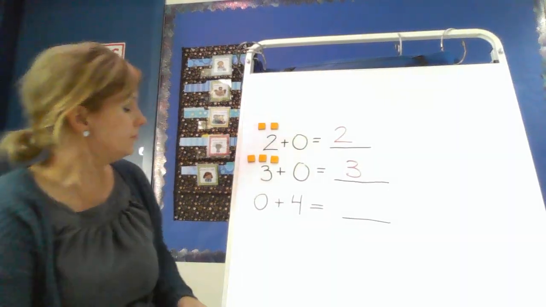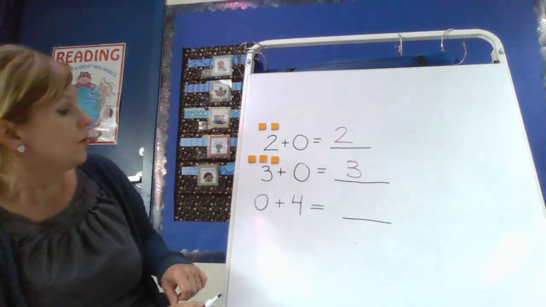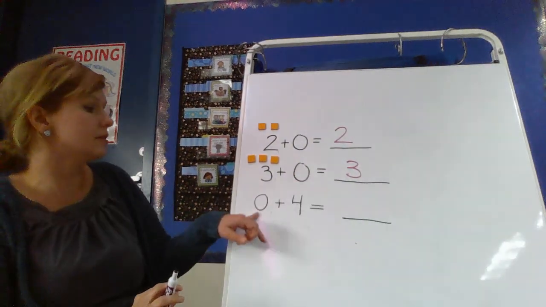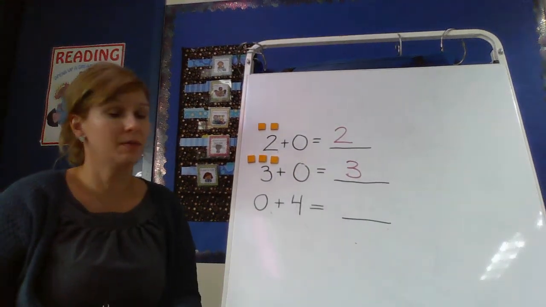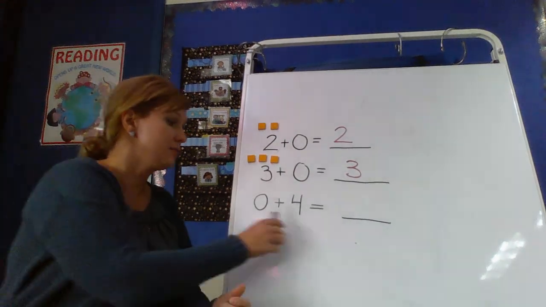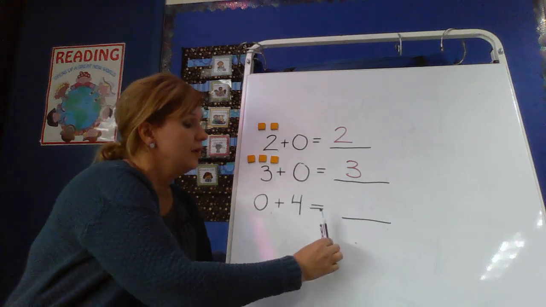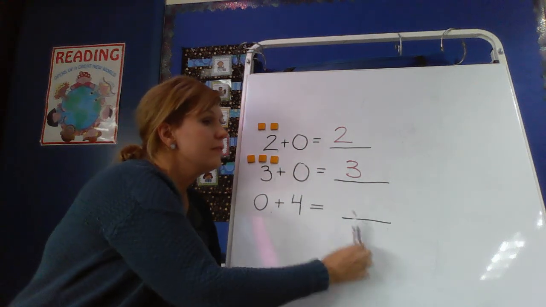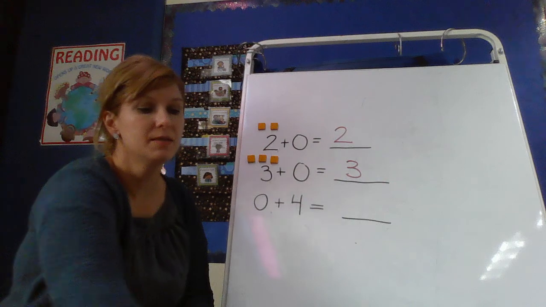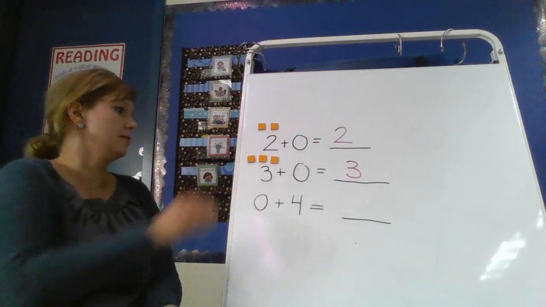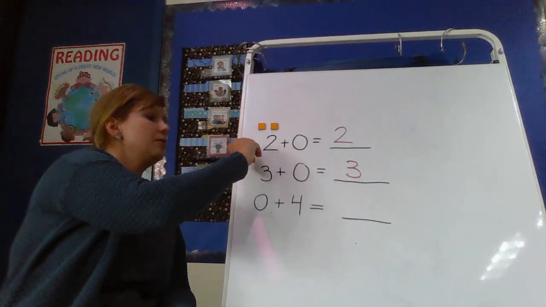Okay, last one. What I did here was I just flipped the 0 to be the first partner, and that's okay. I'm still adding these 2 numbers together. So this time it says 0 plus 4 equals blank. I'm still solving for a total. Let's make our magnets be, let's see, how about